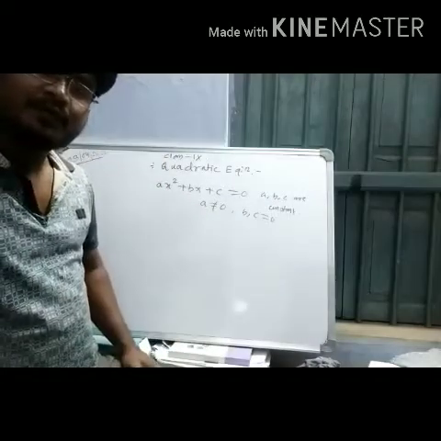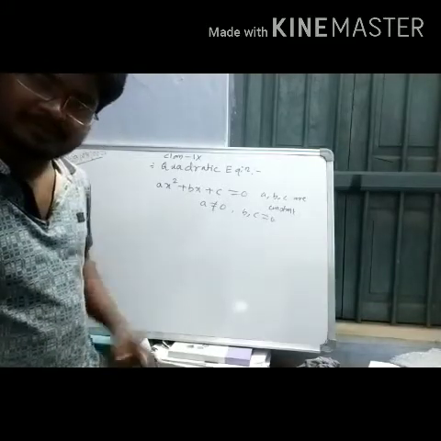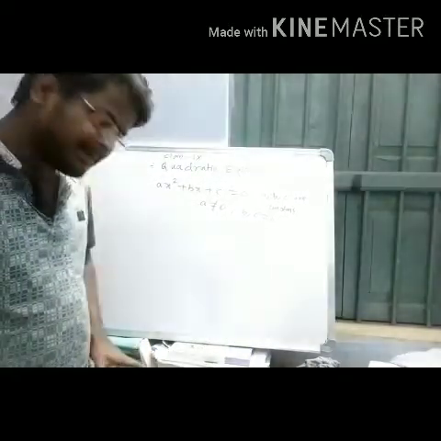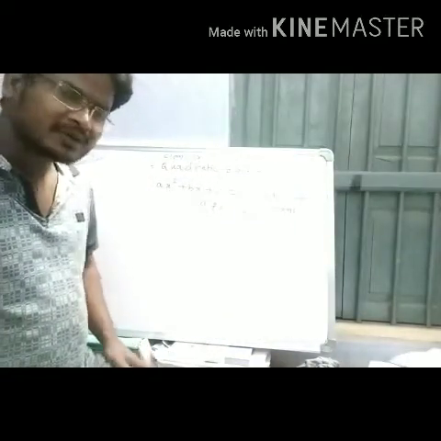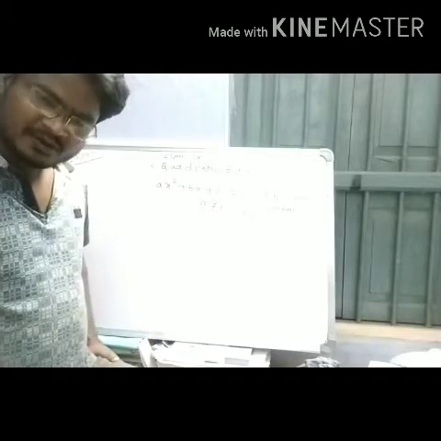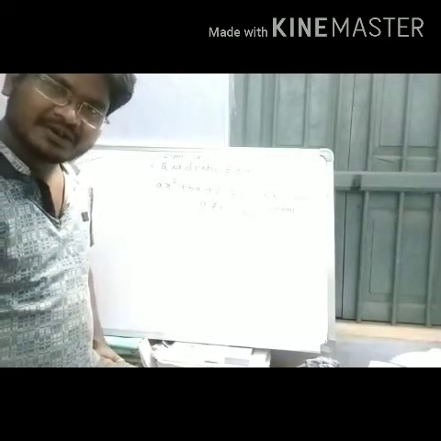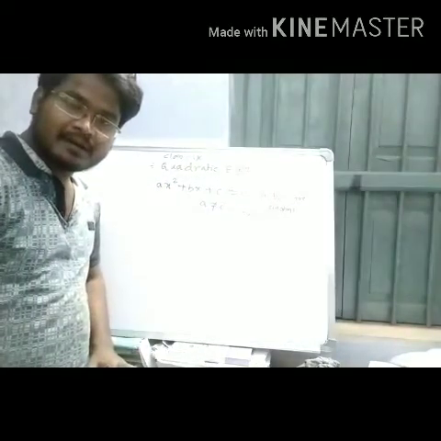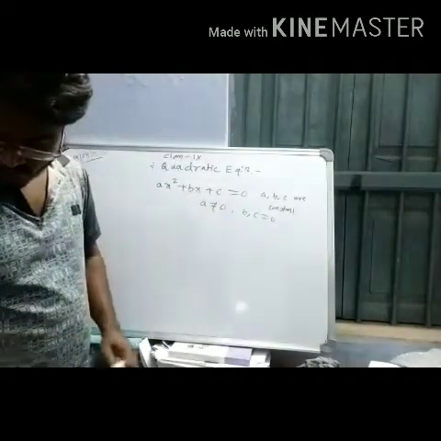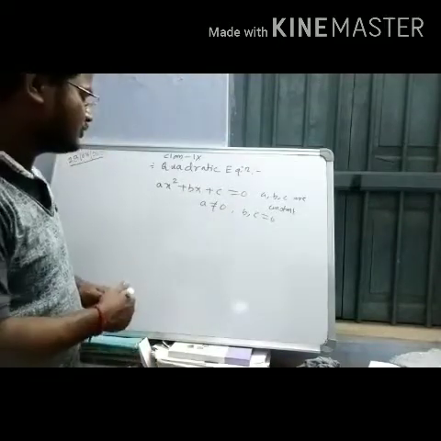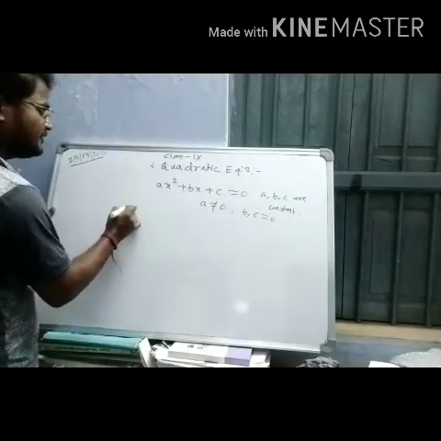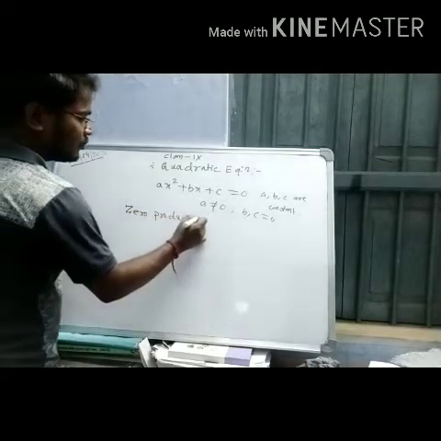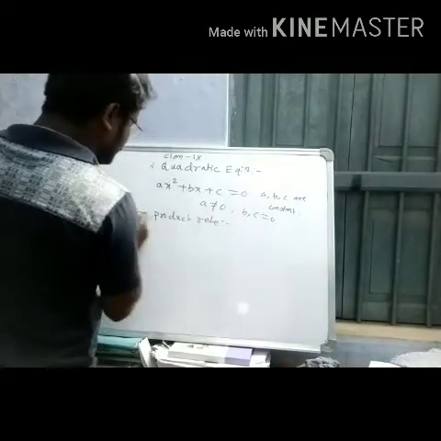Now, we will see how to solve it. This can be solved by the factorization method. I just finished the factorization. In the factorization method, you can solve it. There is a rule. The rule is the zero product rule. What is the zero product rule?